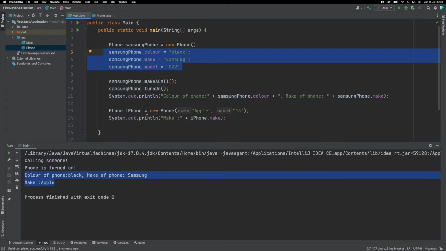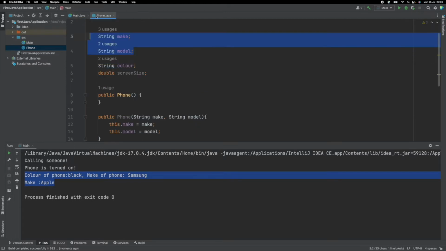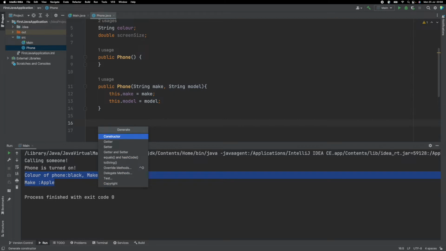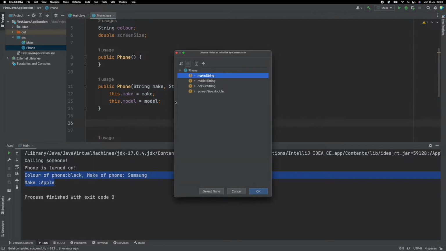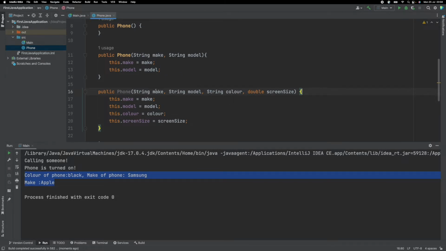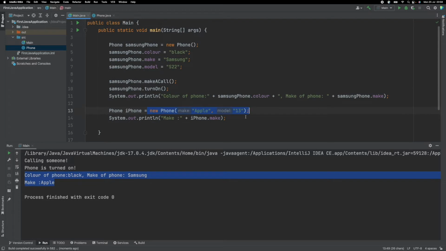So this is how you can use a constructor. You can have as many constructors as you want, and if you're using IntelliJ, even better. If you press Command and N on Mac, you get an option to create a constructor directly. If you click constructor, notice you've got all your properties, and if you select them all and click OK, we've now created a constructor that takes the make, the model, color, and screen size. So now if we generate a new phone,